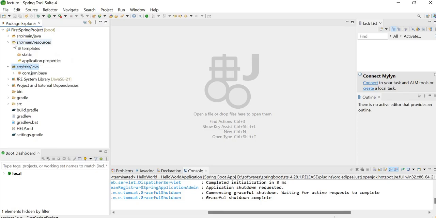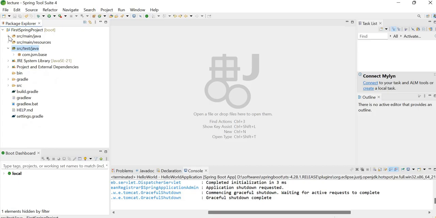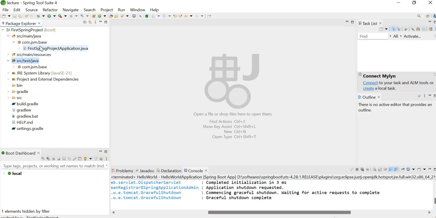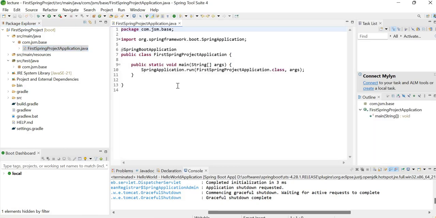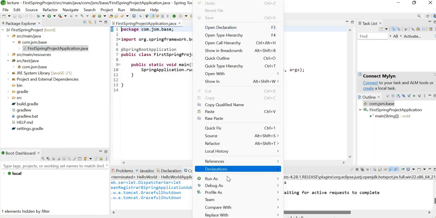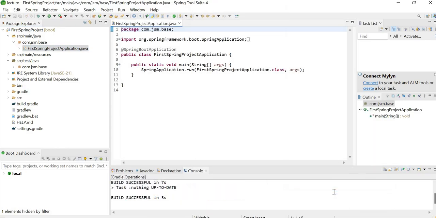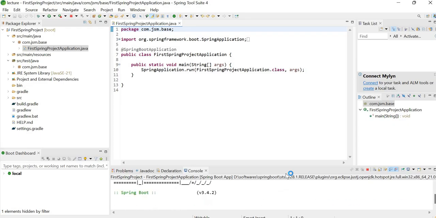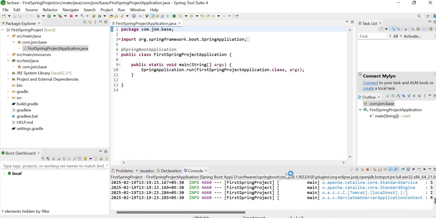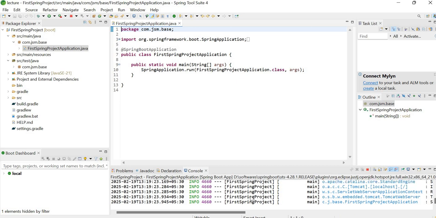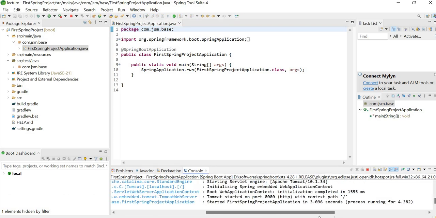So now there is still some workspace problem. I will check. So this is the com.jsm.base package, and this is your first Spring project application. We'll try to run this as a Spring Boot app. Great.